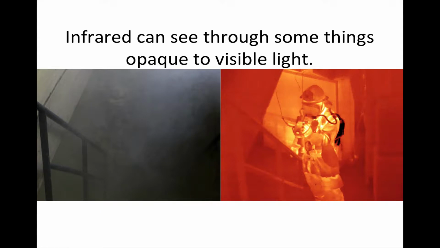Turns out you personally are really glad for this property of infrared light, because if you are stuck unconscious in a burning building, that is how the firemen will find you. Optical light has a really hard time getting through smoke. But here in the infrared, you can clearly see the fireman standing on the steps. You can see his rebreathing apparatus is helping to keep him cool, and you can see that he's pretty hot under all of his gear. But he's got the infrared camera, so he's going to be able to find people who are injured or unconscious